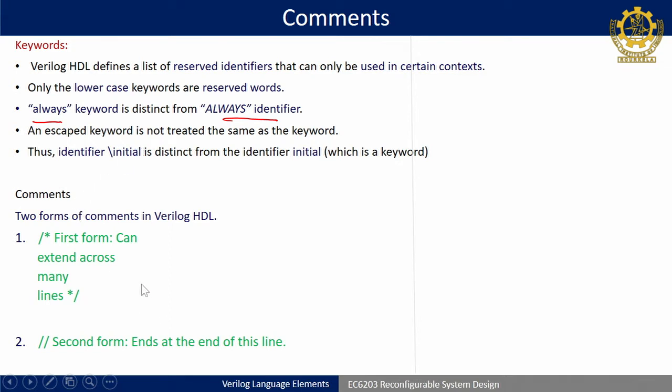So, we know that Verilog is mostly C type, it follows a few C types of coding constructs. So, there are two comments supported in Verilog HDL. One is by using this you can write down this star, then write something, then you can put this. So, within this, whatever you are putting, you can extend it across many lines. So, if you want to directly comment 100 lines, then you can put it like this, you know. Okay.